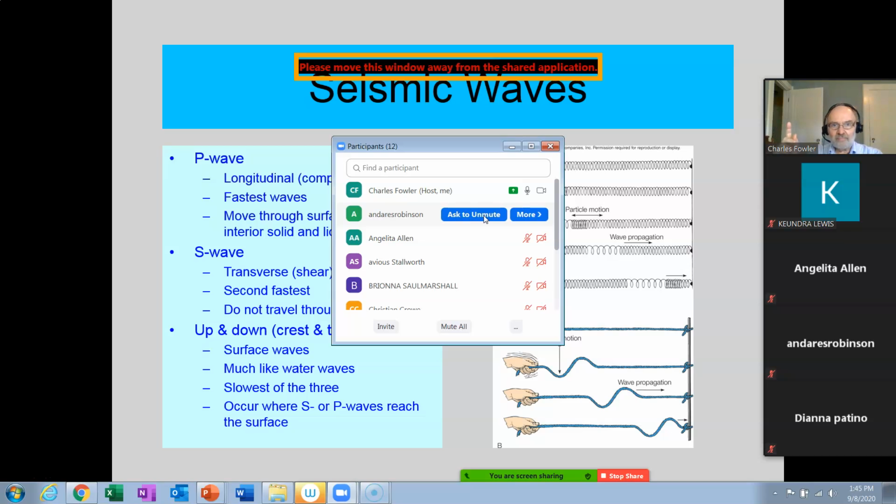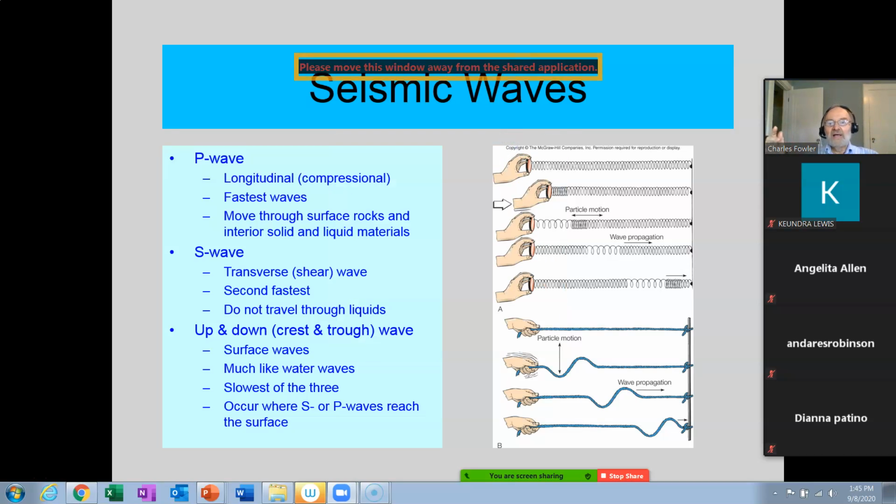Now, so let me minimize this. Okay, so either the pressure wave or the secondary wave, the P wave or the S wave, coming through the earth, when they reach the surface, then that's where you have the surface waves. That's what shakes buildings and things. The surface waves do. The P waves and S waves are still inside the earth. So this is really what we see as doing the damage, and that's why I said sometimes they are the biggest waves, even though they're the slowest waves. They don't move as fast as the P or S.